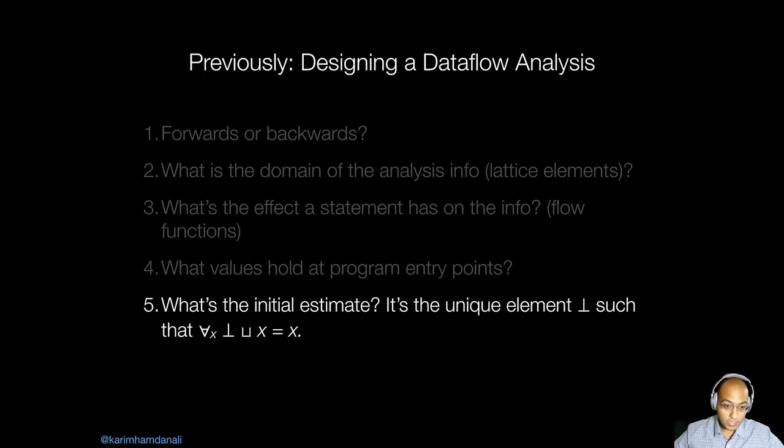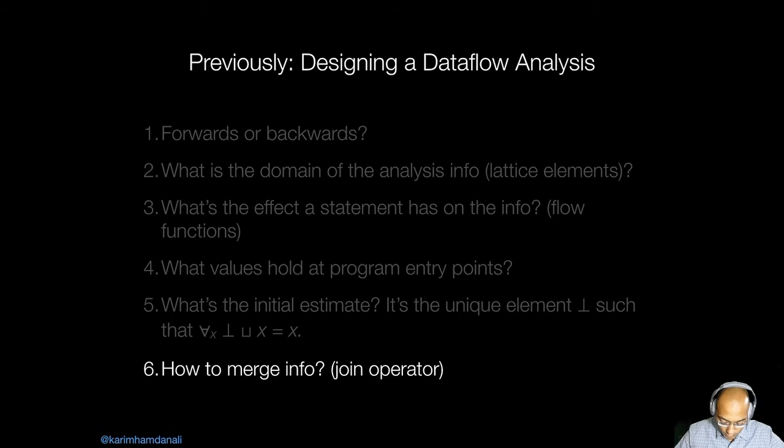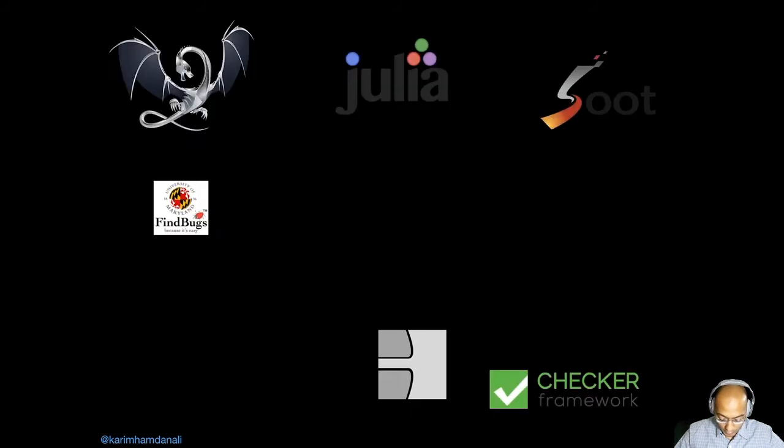And what is the initial estimate, the unique element that you use to initialize the estimate that the analysis will compute. It could be top, it could be bottom, could be something else. How do you merge information? The join operator, and we'll see how that comes into play later on in the course. So in this segment of the lecture, we're going to talk about call graph construction